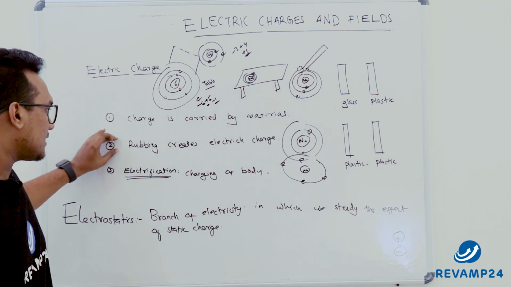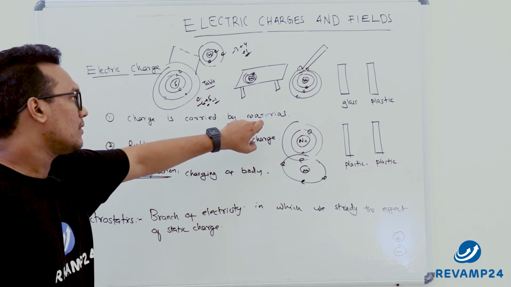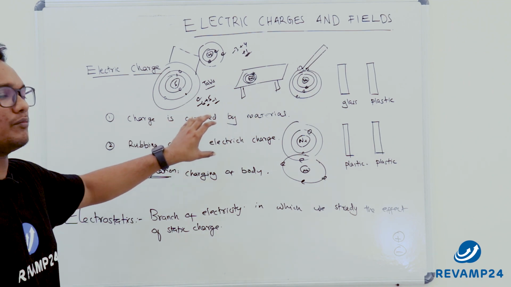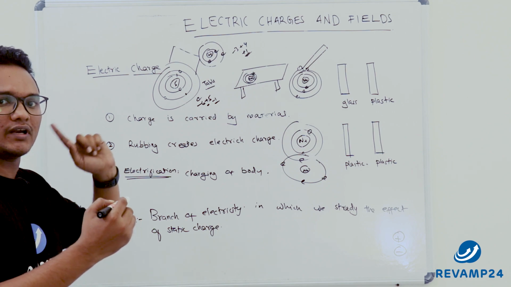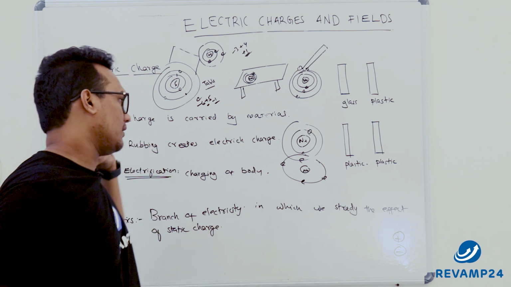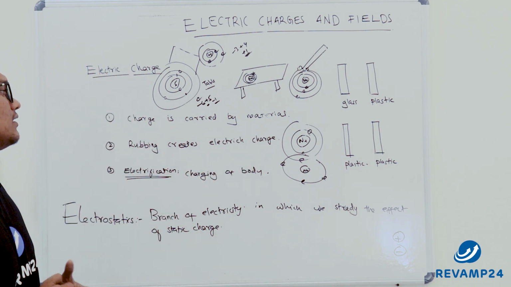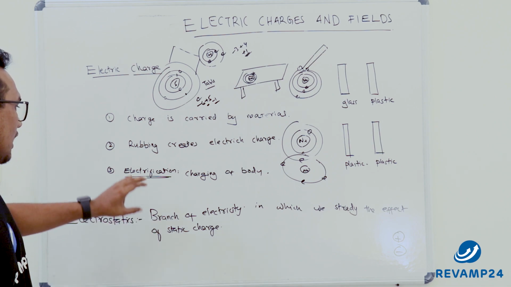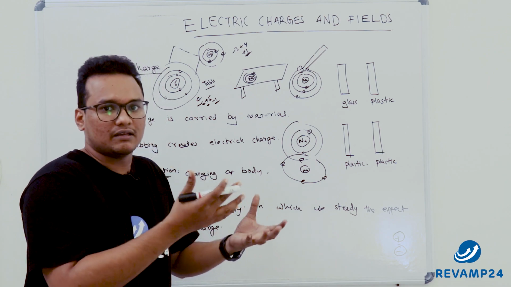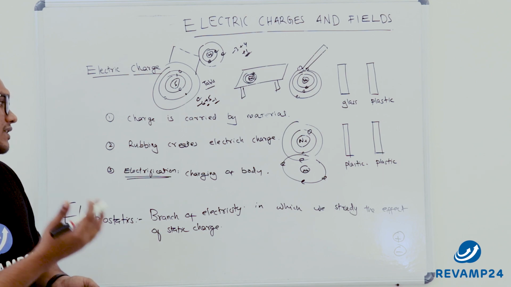So rubbing creates electric charge, and this charge will only reside, or will only exist, on materials. So from one material to another material, electrons will jump, and the reason here is rubbing, the friction. Okay, so this is also taken as frictional electricity because the friction is the source for this. Okay, now electrification is a method of charging a body. So the process by which we are charging the body